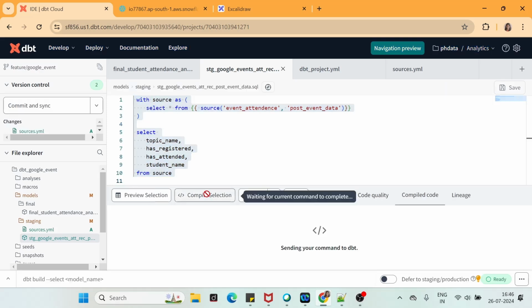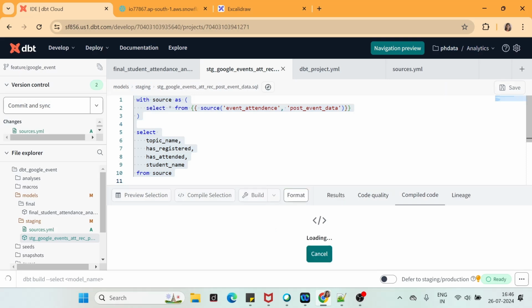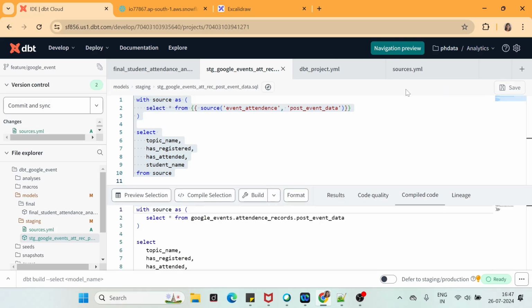While compiling, dbt internally makes it into a fully qualified name. So it goes to that sources.yaml file, checks that source name, checks what is the database inside that source name, the schema name and the table name, and it drills down to the fully qualified table name internally. So this is what happens underneath.